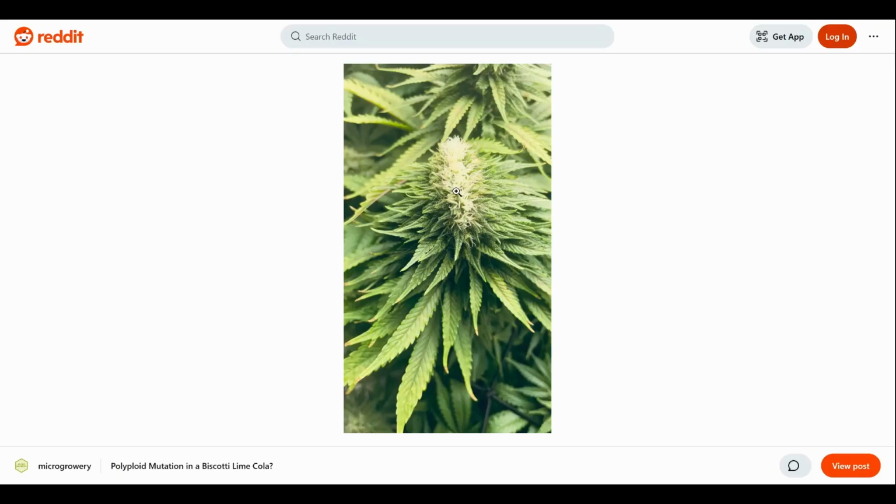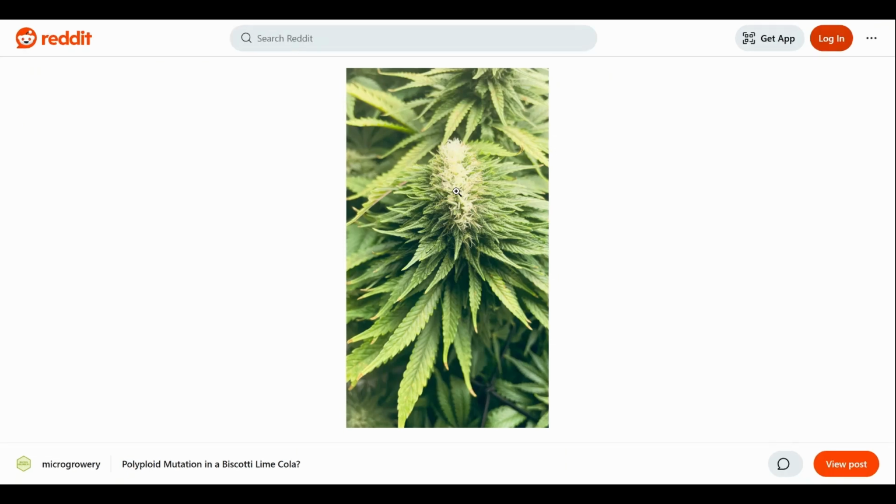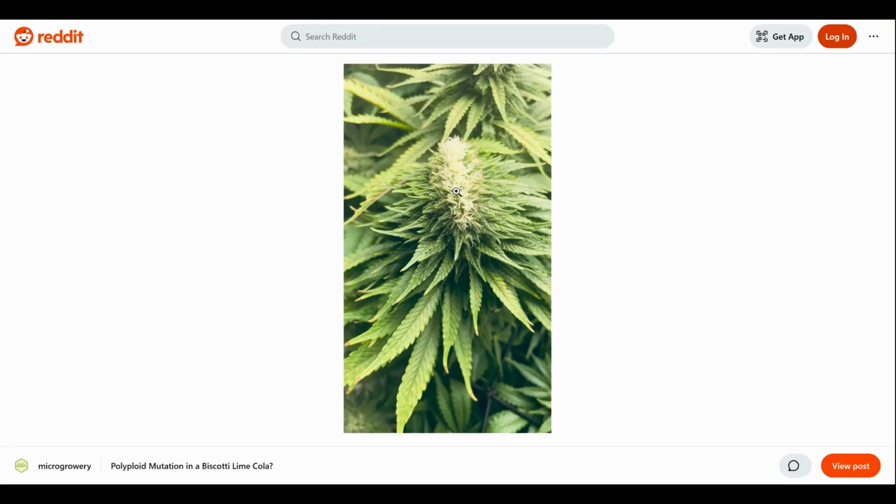It's been a while since I've looked at a lot of mutations. But man, some of the funniest ones were polyploid mutations, when we would see the cola stretch out, rather than being an apical dominant cola, it would be kind of splitting by itself. It's like an oval if you look from the top, not a round shape bud. Another one I've seen that used to drive me nuts is corkscrew shaped pistils,